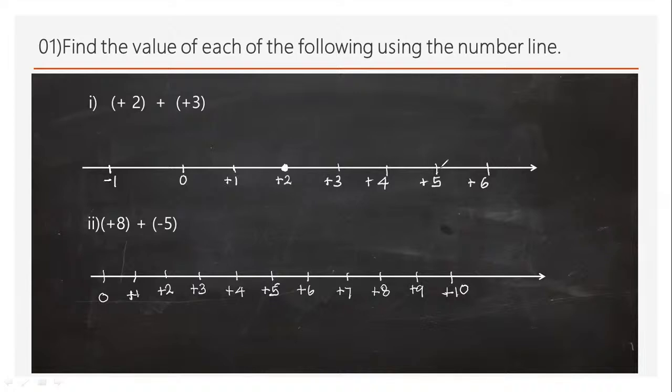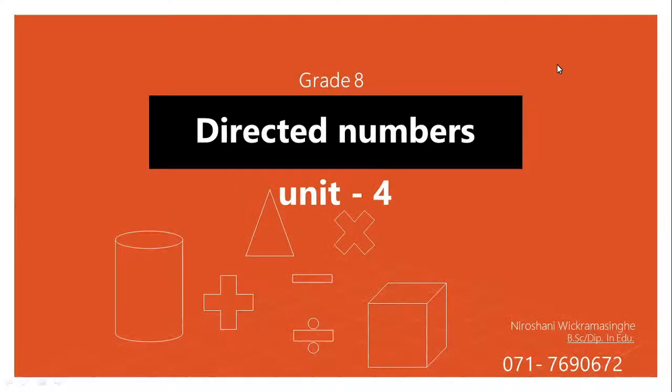Place, three places towards the positive direction we have to mark. Then the answer is what? Positive 5. Now, numbers. Really, what is called a